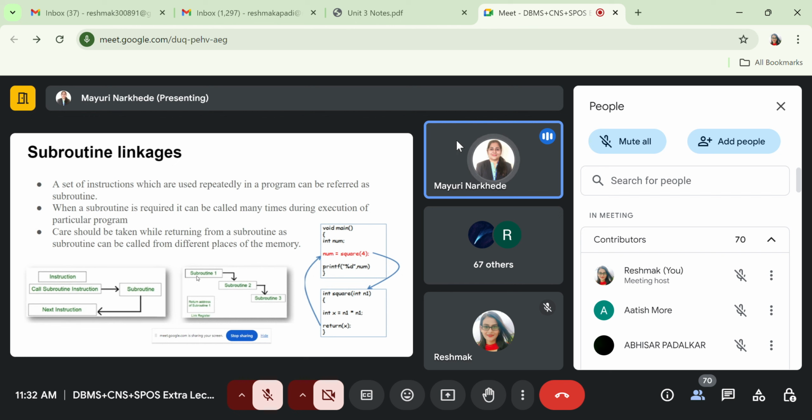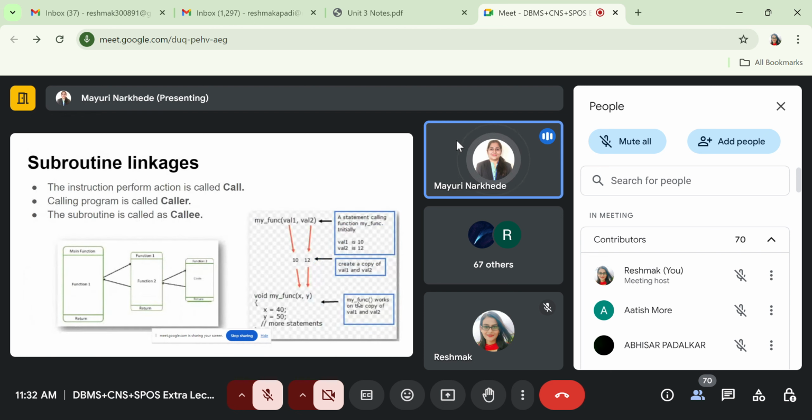In subroutine 1, subroutine 2 is called, so it loads subroutine 2 into the main memory. Again, in subroutine 2, subroutine 3 is called, and subroutine 3 is loaded into the main memory. That is the function of the subroutine linker.